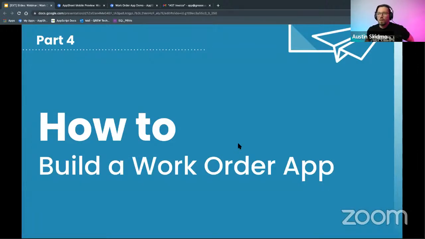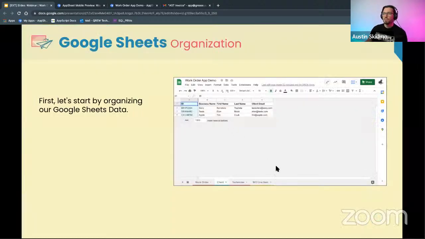All right, so now this is the main part of the webinar. Let's look at how we can build our work order app. The first step that we're going to do is organize our Google Sheets data sets. Here we can see that we have our client table, and we like to organize our data sets with a tabular data structure. You can find out more about how to organize data this way by signing up for our AppSheet Essentials bootcamp,